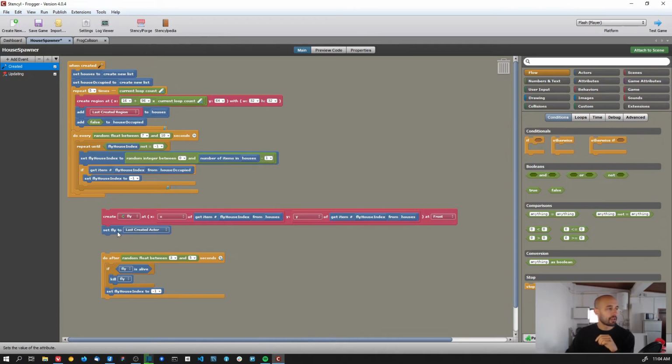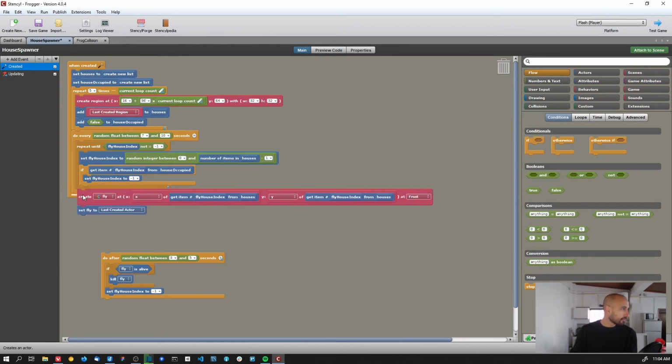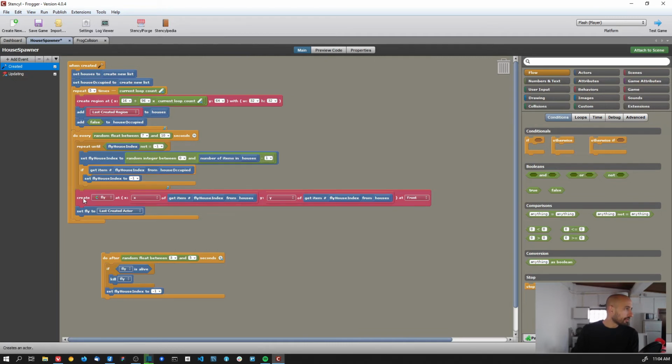I'm setting a new attribute called fly, and I'm setting that attribute to the actor that I just created. This is so that I have a reference to the actor, because, like I said, after a few seconds, I need to kill that actor. I need to destroy the fly, so I need to have a reference to the fly that I just created. And so, this goes inside the repeat until block: I create the fly, I set the fly to the last created actor,